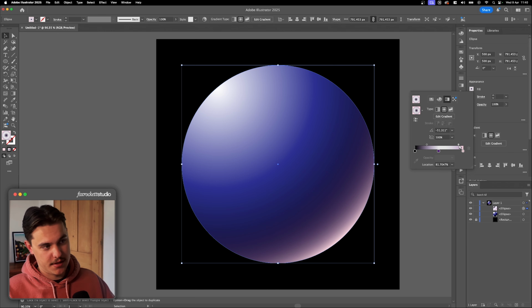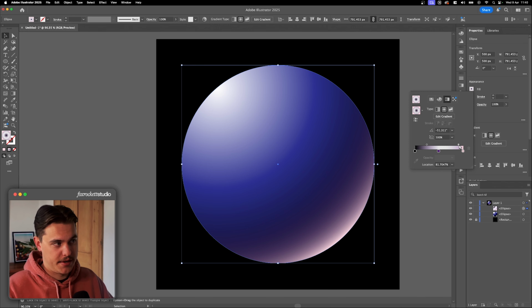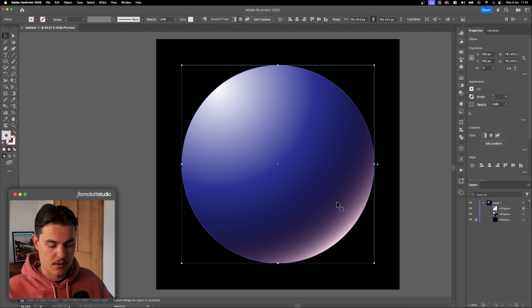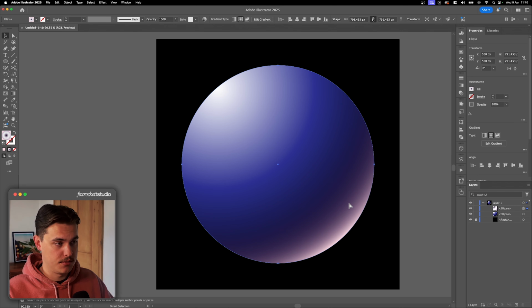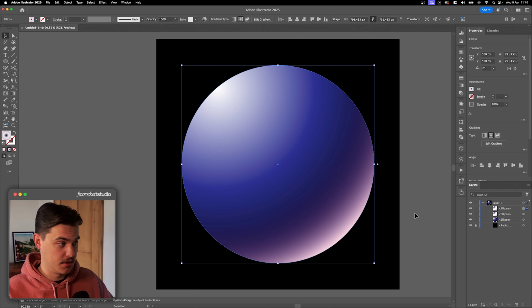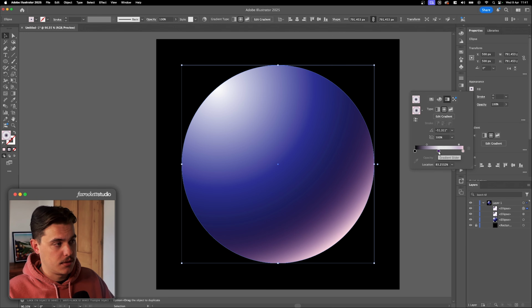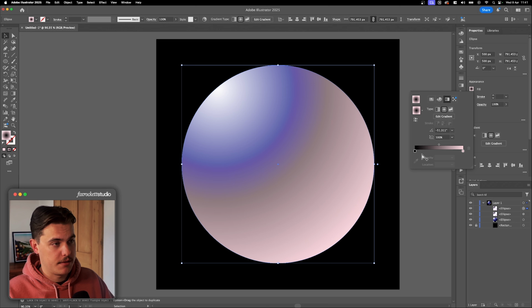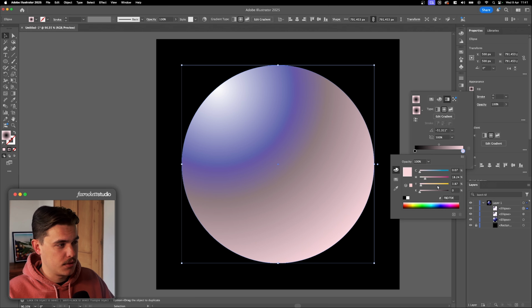Kind of makes it look like the light's coming from more behind it and adds to the 3D-ness of it. Okay, then we're going to duplicate again, Control-C, Control-F, or Command-C, Command-F. And we're going to click on this middle color here and just drag it off, get rid of it. We're going to change the light color to something new, maybe sort of orangey, thinking a kind of bright